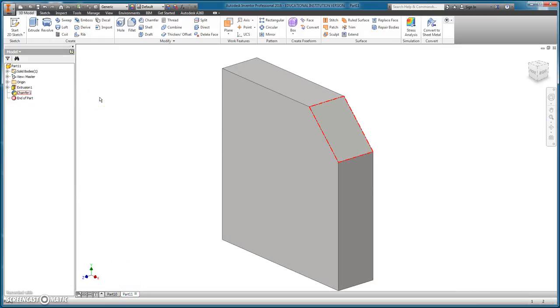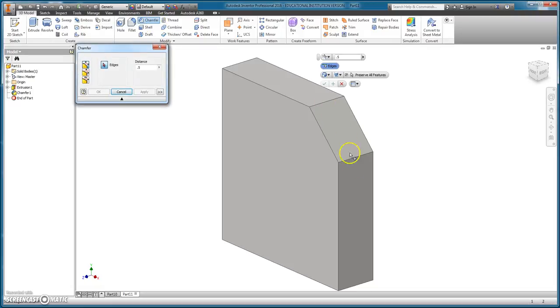the change. And yeah, for something like this, the real simple part, it doesn't look like that's a big deal, but as we start to get more complicated parts, it really actually becomes a pretty big deal. Now, while I got this video going, I'll just show you the other two options as far as a chamfer